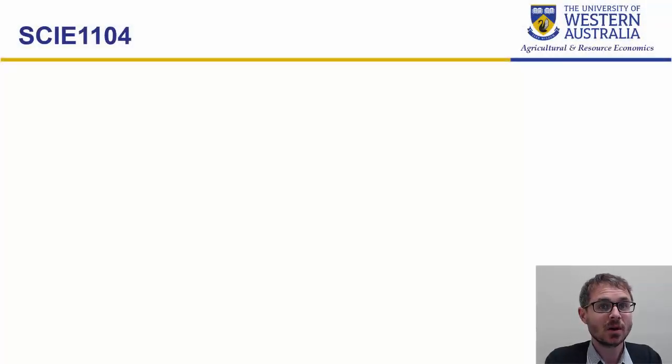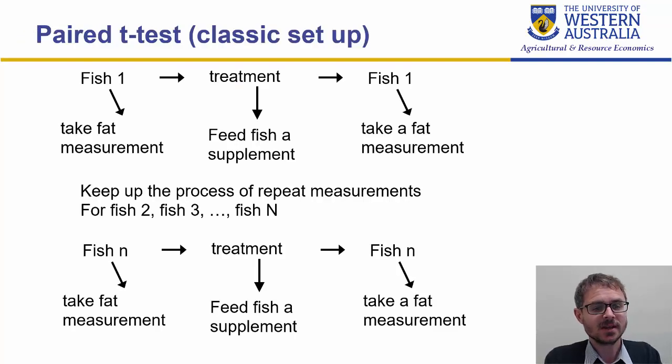Okay, so now we're going to look at one final t-test version, which is the paired t-test. The way that I've set this up, a classical representation of this kind of problem is the pattern that I've got here: you are taking repeat measurements on the same observation. If we apply some supplement, and I'm really interested in the fat content of the fish that I'm growing, I take one measurement before and one after the treatment, and I do that for all of the fish up to a sample of N, so I have 2 measurements